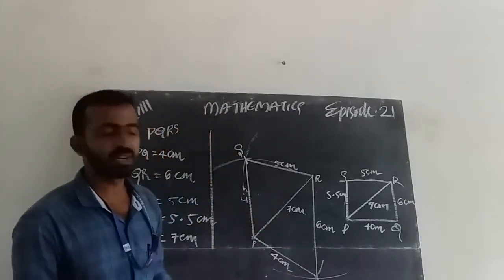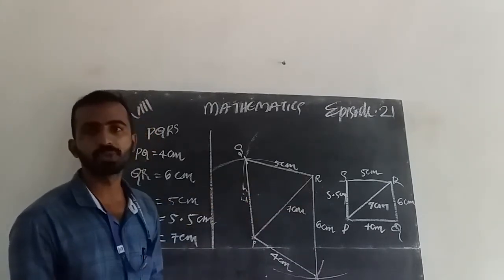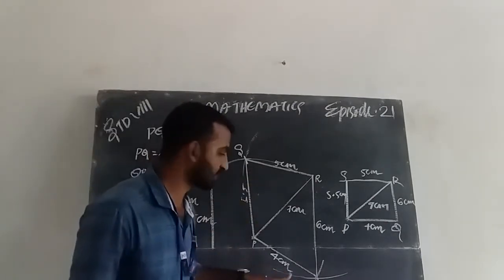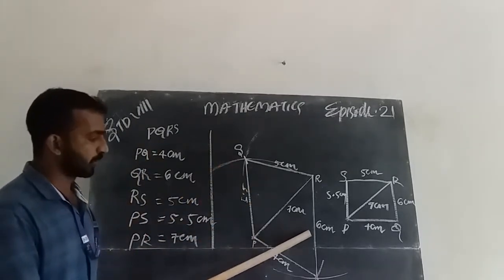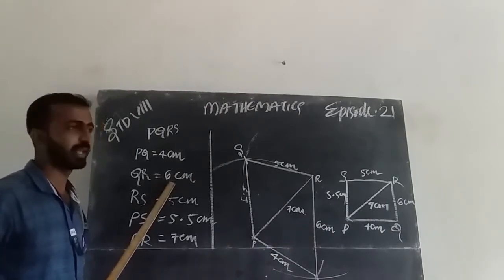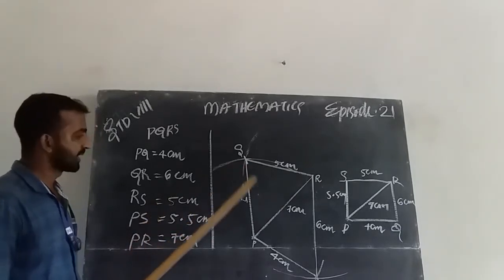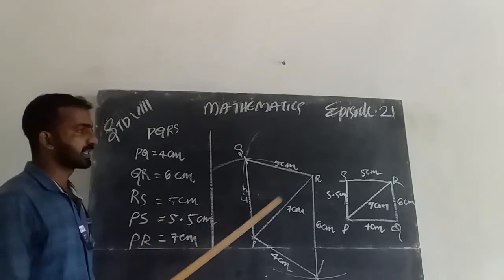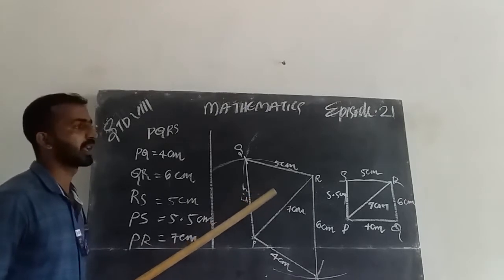That is, first we draw the diagonal and we make the triangles on two sides. Okay. Here we get PQ is 4 centimeter, also here PS is 4 centimeter and RQ or QR is 6 centimeter, is it correct? Yes. And QR is equal to 5 centimeter. That is correct. And PS equal to 5.5 and PR is diagonal 7 centimeter. Is it? Yes.